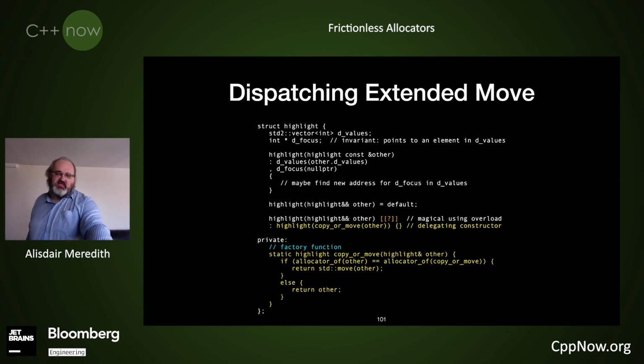And having done that, it will return an rvalue, which means when I delegate in the delegating constructor, it always delegates to the move constructor from the temporary that I've just created, which was created using the correct allocator. Because the move constructor does the right thing to return other without specifying the allocator, because it's a factory function, it picks up the allocator that was supplied at the outset. I might be missing a using. I don't have these on the copy on move. But the principle is that's how you might write something like this in C++20.